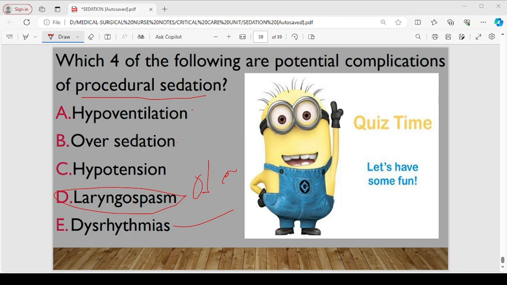So we must be vigilant in monitoring our patient's responses to sedatives, assessing their level of sedation, respiratory status, and overall well-being. Additionally, we must be prepared to intervene swiftly in the event of any complications like the ones that we have mentioned. So this will include being proficient in airway management techniques, possessing the ability to recognize signs of respiratory depression or other adverse effects, and knowing how to initiate appropriate intervention promptly. Moreover, as advocates for our patients, we must